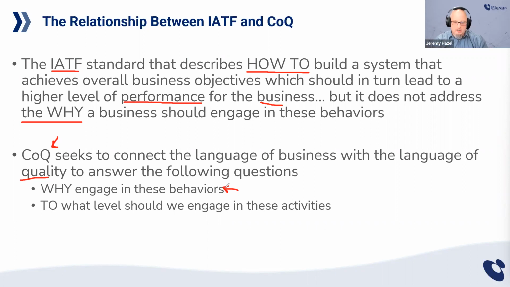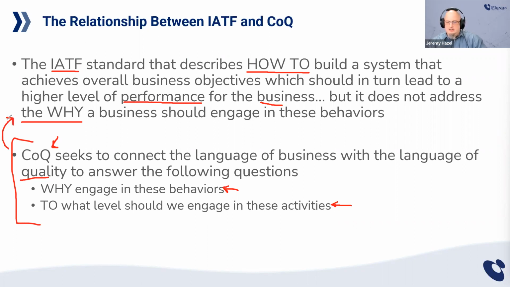More on that coming up later. And then cost of quality also allows us to determine to what level we should engage in the activity. So the way I look at it, if you have a $10,000 problem, are you going to spend $1 million to fix it? Absolutely not. If you have a $5 problem, are you going to spend $50 to fix it? Absolutely not. So what cost of quality tries to do is connect with the why and to limit the level